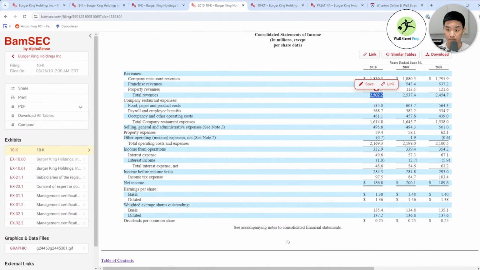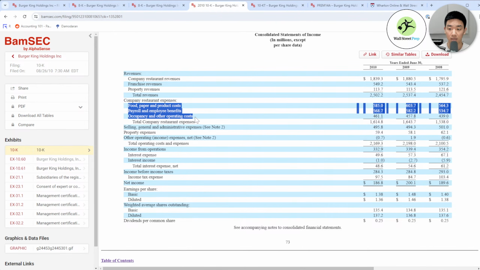Okay, COGS. So let's see, total company restaurant expenses. Okay, so the company basically treats a lot of these as their cost of goods sold. Other companies may think, okay, when I pay an employee, these are SG&A expenses.